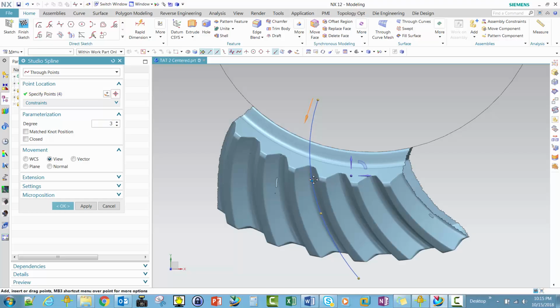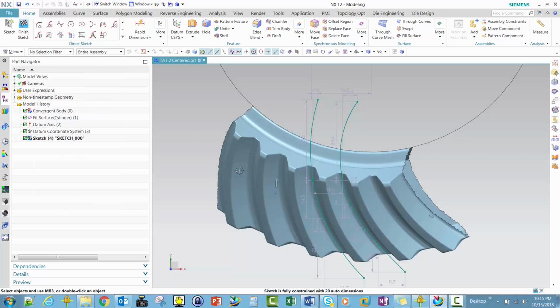I want it to travel down the center of that best I can make it happen. So I have that, and we'll do this side too. That's actually pretty good. So we have our spline, and then maybe we'll